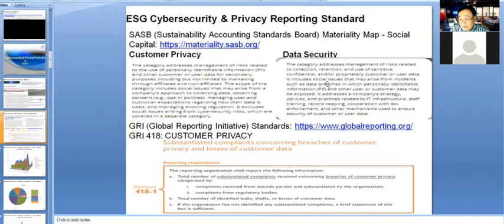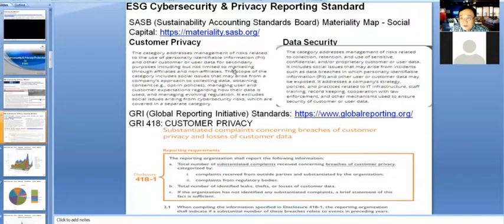So they all just relate to privacy related data protection as a cybersecurity matter, but cybersecurity is much broader than this. There is also a GRI reporting standard that talks about customer privacy, which companies need to provide in their ESG reporting. But only a few standards are developed, very limited and a very small number compared to the importance of ESG cybersecurity and privacy issues.